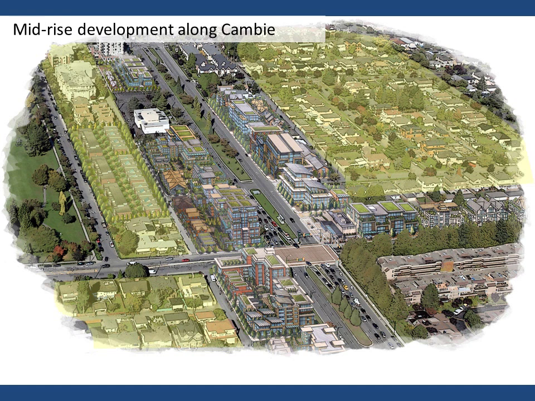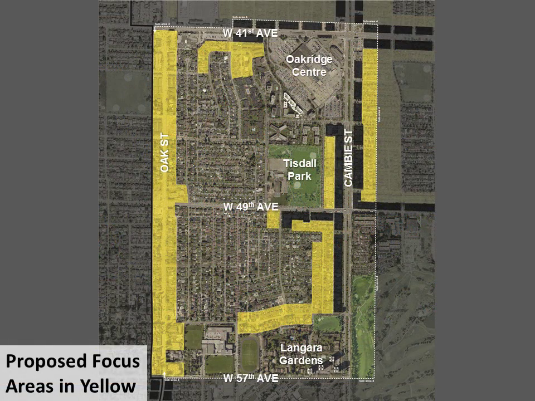Phase 3 shifts the focus of discussion to the areas in behind. These areas in yellow are the blocks we want to discuss for potential change as part of Phase 3. The yellow area indicates the proposed focus area for discussion of potential change and new housing options. These are the areas under discussion during these workshops.